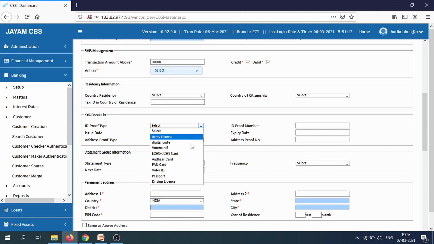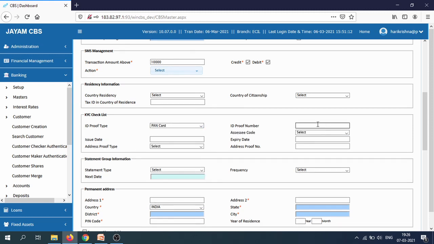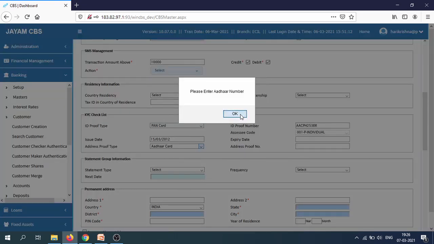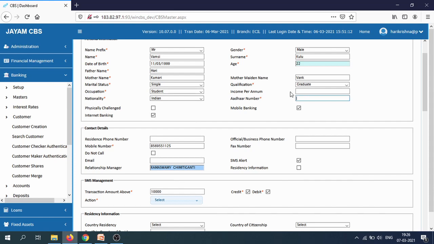KYC. This one I will give as PAN. This one I will select as Aadhaar card. I have not entered the Aadhaar card.